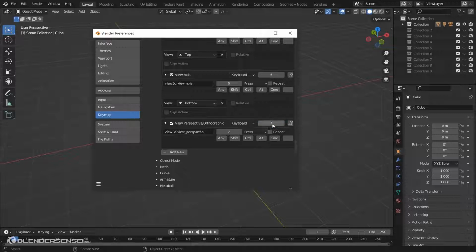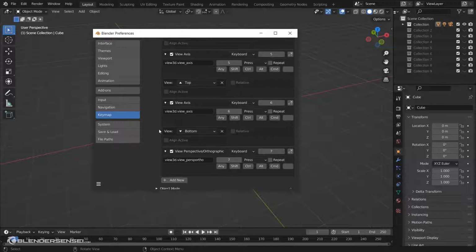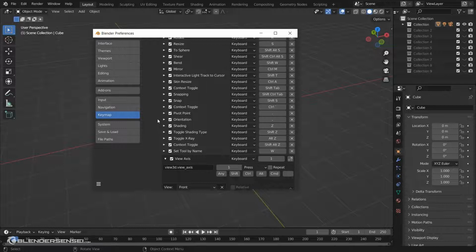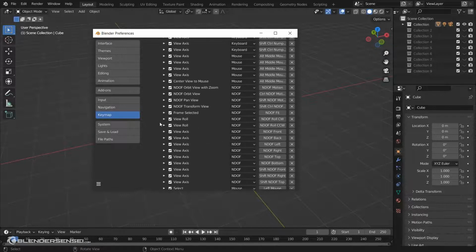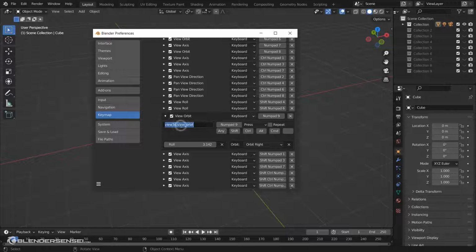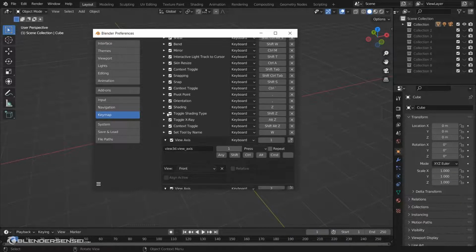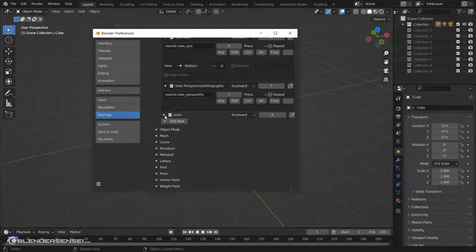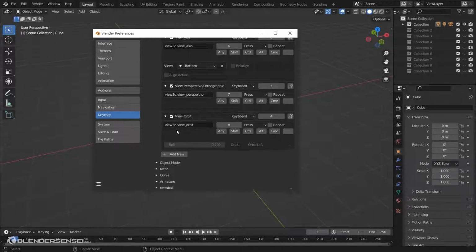to be 7. As I said, for 8 and 9, we want to be able to orbit similarly to how we can do with the Numpad keys. So we need to find orbit axis. We could search for it, but you can find it right here near the top. So we'll just copy that value, paste this in, and we want